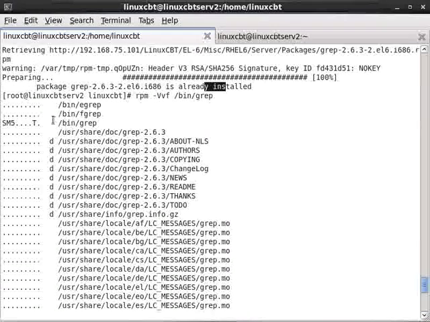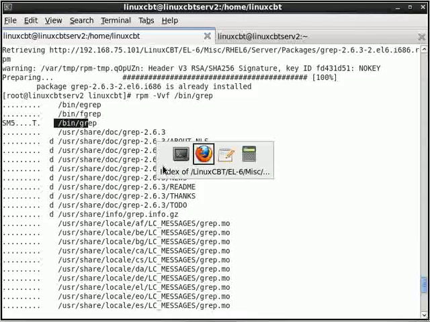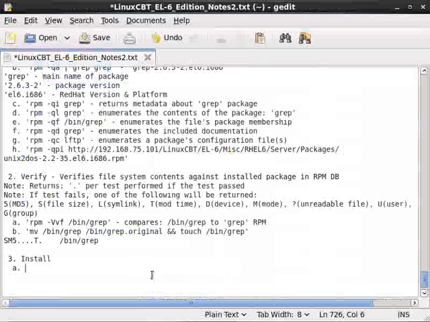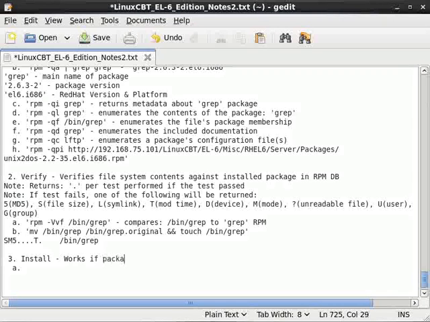Notice that it hasn't overwritten. So the installation of a package will not occur if the package already exists. So install works if the package does not exist on the system,